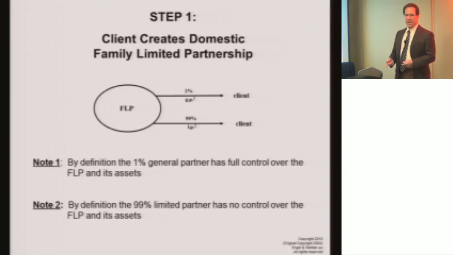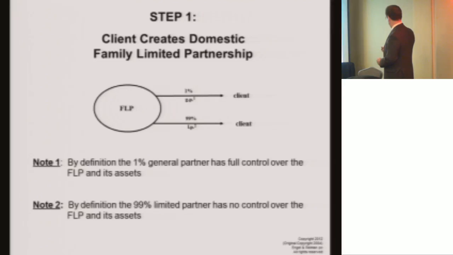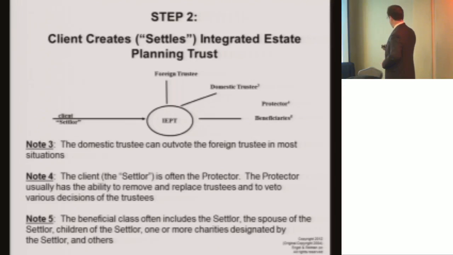to flow through to the creditor as the economic successor in interest of the partnership interest. So a creditor who gets a charging order runs the risk of being taxed on the income of the partnership, whether or not the creditor ever becomes a partner or ever receives a penny. And that's helpful when it comes time to try to negotiate out of a legal issue. Step 2, we'll create the